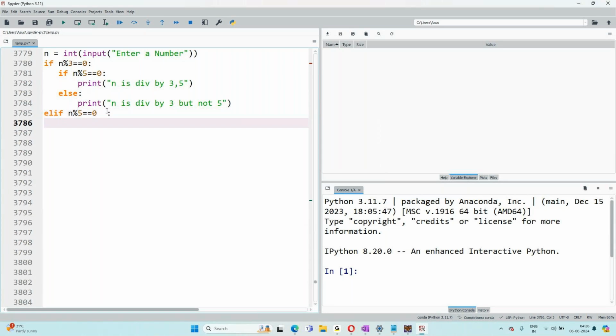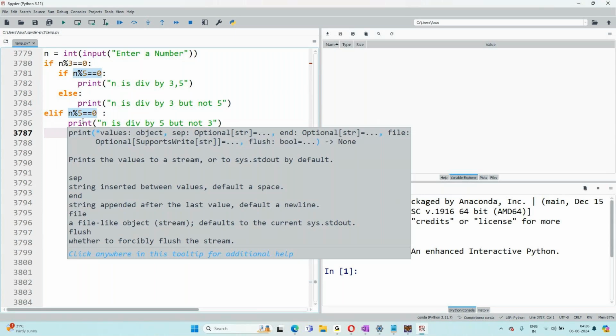If it is, I will print "n is divisible by 5 but not by 3". If the first condition is false, the checking comes directly here. And if this is also false,